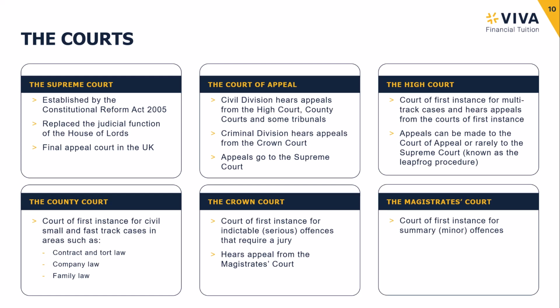So I remember this as summary begins with an S, so small offences, and first hearing of committal for indictable or serious offences. What that means is if you have committed a serious criminal offence, you're going to get tried in the Crown Court, but you still have to appear in the Magistrates. And normally what they do is they confirm who you are, and they confirm what the charges are, and you understand the charges. So there was a case of